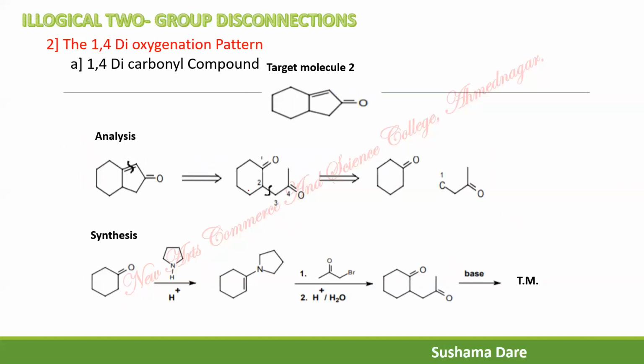Now this is the next target molecule. Ask the question to the target molecule, which functional group. So a double bond is there and a carbonyl group is there. So two functional groups. Identify the relation between these two functional groups. It is an alpha beta unsaturated carbonyl compound. So write on the arrow, alpha beta unsaturated carbonyl compound. That means it is a retro aldol condensation reaction.